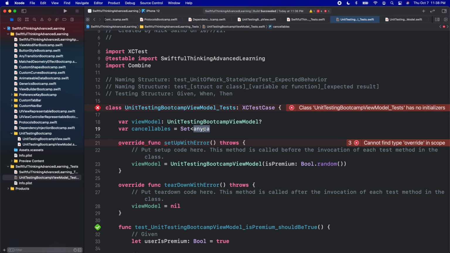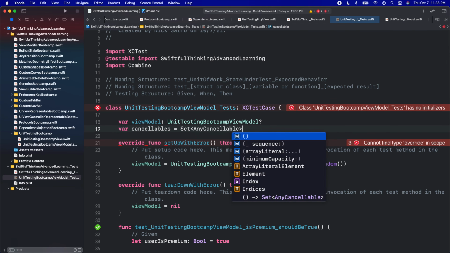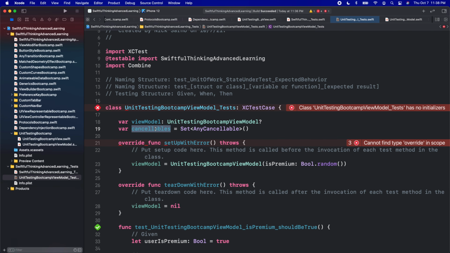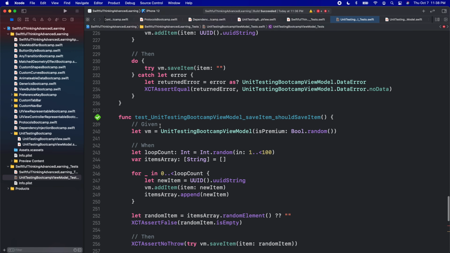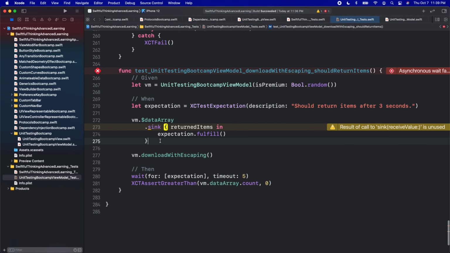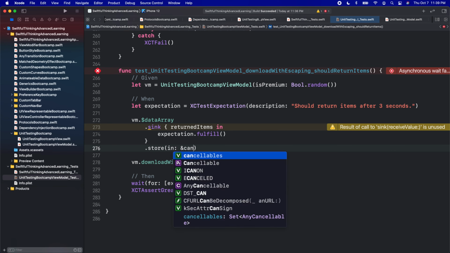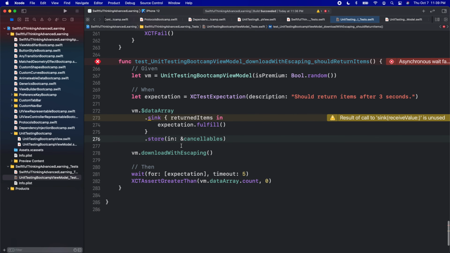And let's set it equal to a set of any cancelable, open and close parentheses. And then we will store our subscriber in that cancelables. We'll call .store in cancelables. Now, when you start using these subscribers, you do need to have a good understanding of when they are going